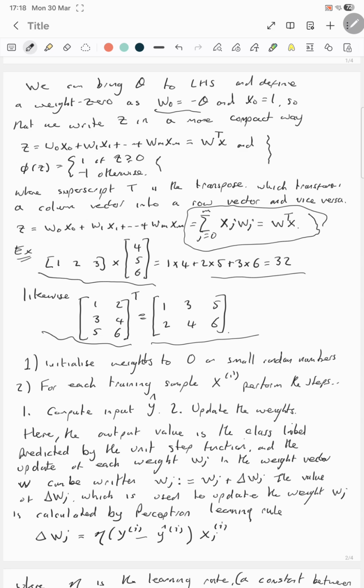Now 1, initialize weights to be 0 or small random numbers. 2, for each training sample x of i, perform the steps. 1, compute output y hat. 2, update the weights. Here the output value is the class label predicted by the unit step function, and the update of each weight wj in the weight vector can be written as this. The value of delta wj is used to update the weight wj, and is calculated by the perceptron learning rule given here,